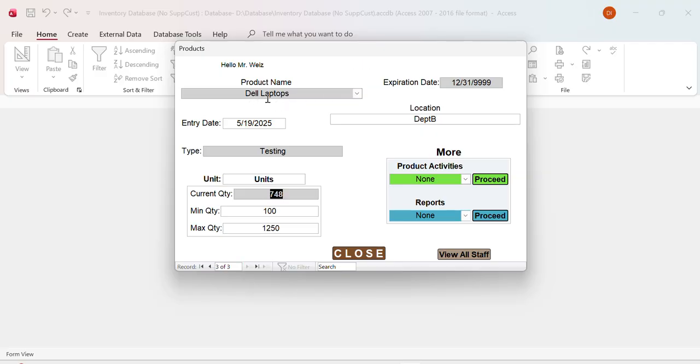So you have the same product, Dell laptops, which is now in a different department, Department B. And you can see for this one, the current quantity is 748, whereas the one that is in the other department, Department A, they only have 31. So let me go ahead and show you some of the things,